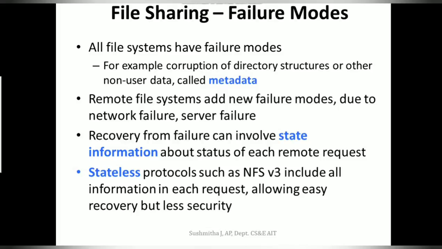There could be a failure of the hardware or the system which stops you from accessing the file. And when I say the file is stored in a remote location, still there could be a failure where you are not able to access the file due to a network issue or network failure.